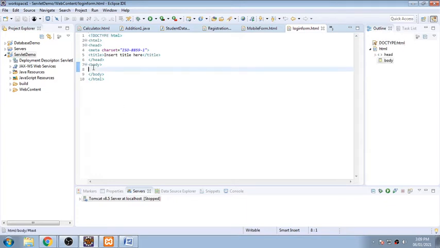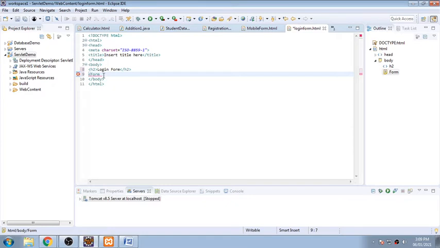So here I will be designing something. In H2, a login form, and I'm closing, and I'm starting with form. We'll have a method. Here it is always safe to have the post method for the password, and we'll have an action over there.